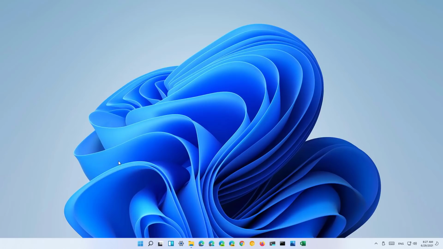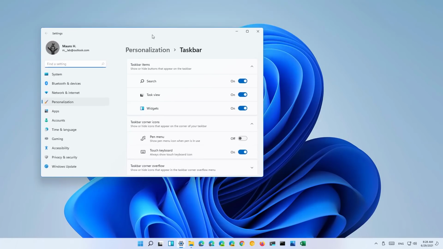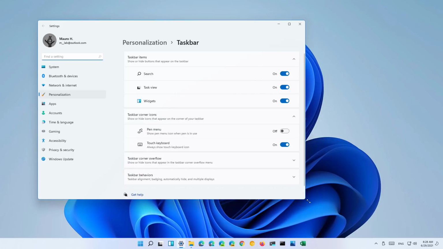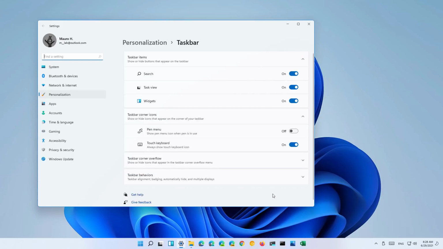Unfortunately, the taskbar now is docked to the bottom of the screen and Windows no longer lets you change the locations either to the left, top, or right. It will always be docked to the bottom, which is disappointing for a lot of users. Windows 11 is also reducing the number of items that you will find in the taskbar context menu. And now you will only find one that points out to the taskbar settings, which opens the new settings app on the taskbar settings. I will come back to the settings app later on in the video,